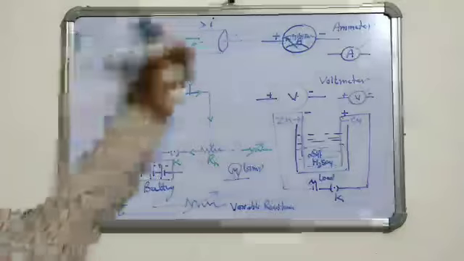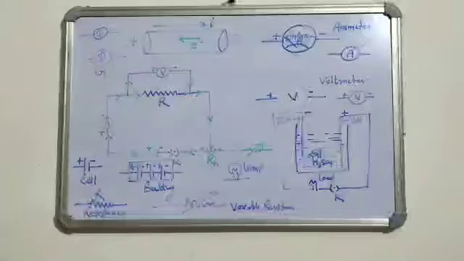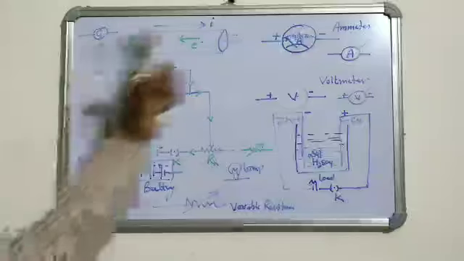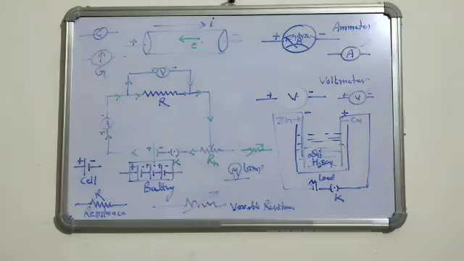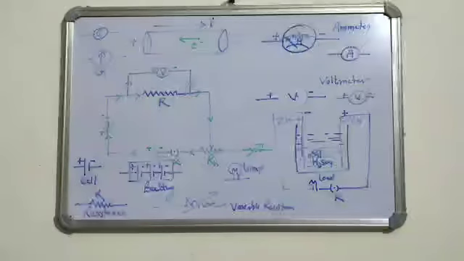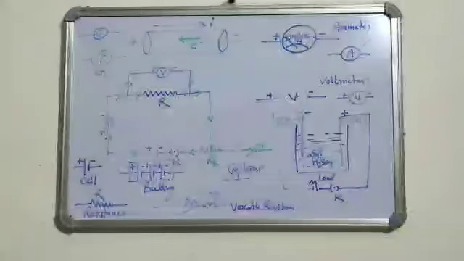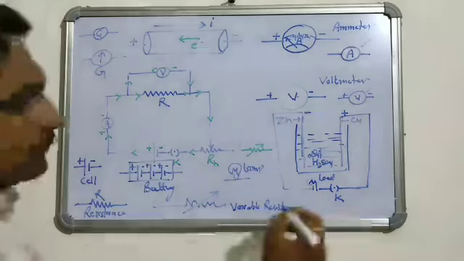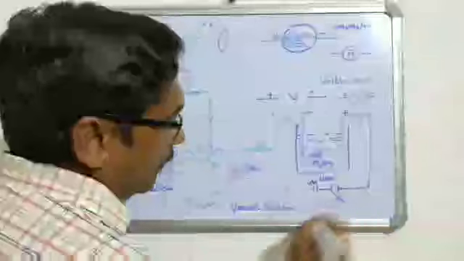Till then, I hope you will study and learn these symbols, circuits and definitions related to this topic. In the next class we are going to discuss Ohm's law, what resistance is, what potential difference is, and the relation between potential difference, resistance and current. And there are so many things. Okay, today's class is over.